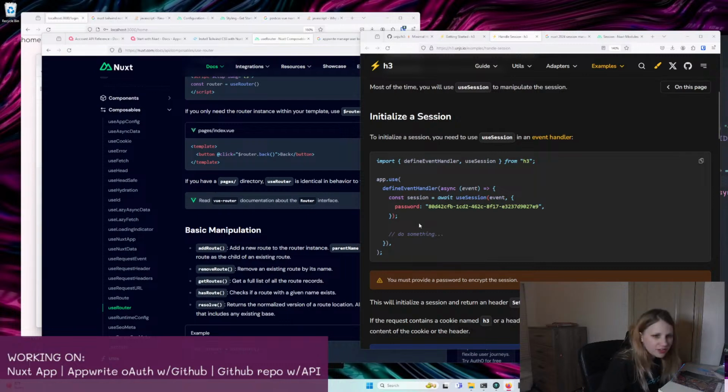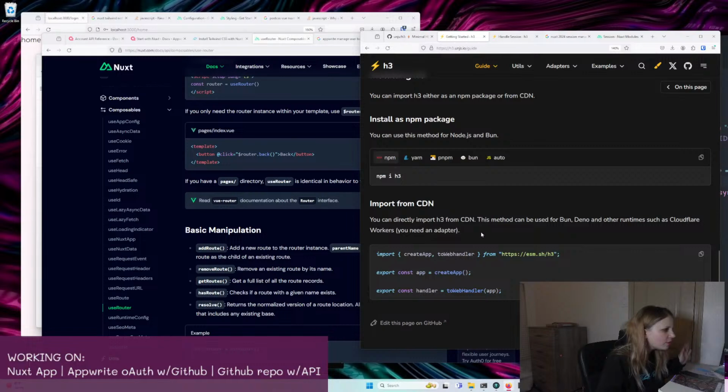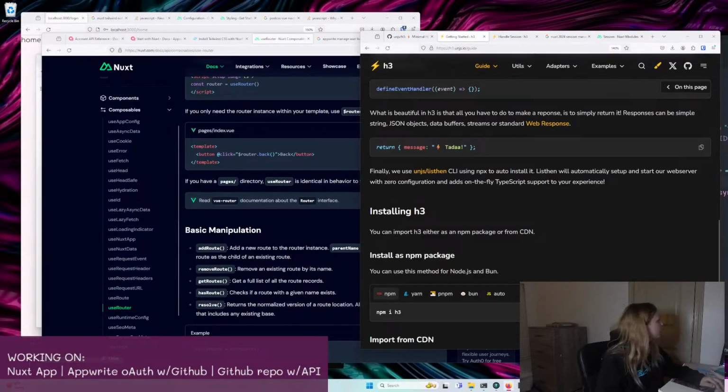Yeah, I think so. This is import, define event handler, use session from H3. Okay, so let's just go ahead and install it, because I'm not going to get anywhere if it's not installed. All right, so,